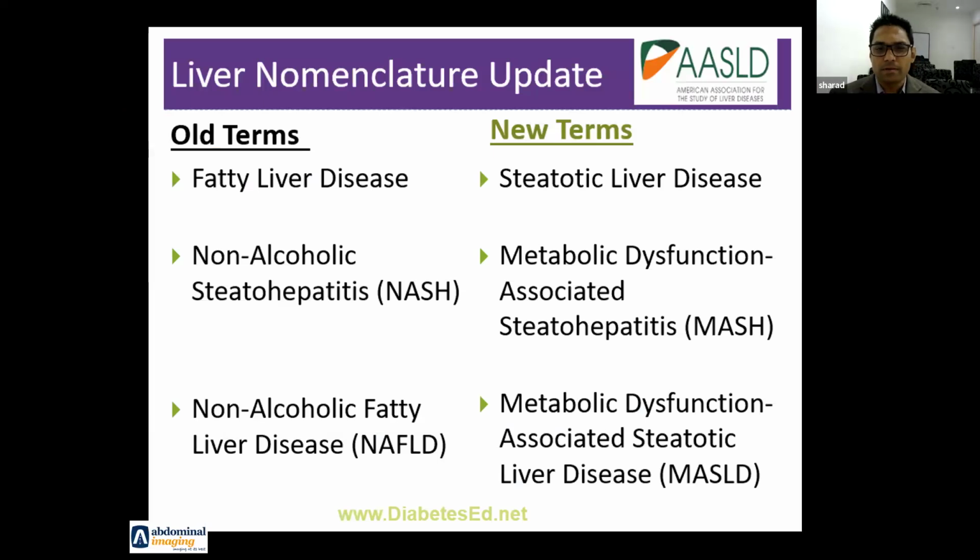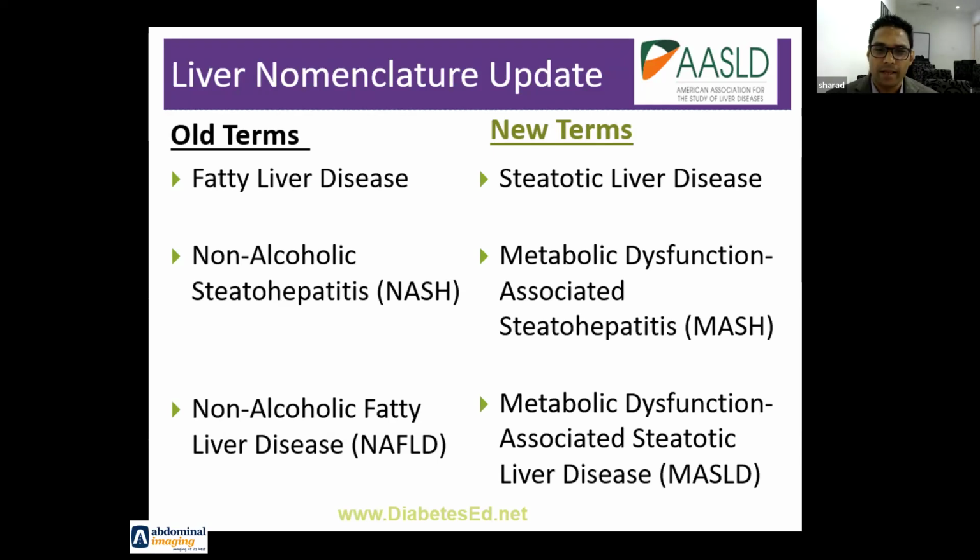So before we move to the presentation, let me introduce the nomenclature. There's a very recent update a couple of months back. So the terminology has been changed now. Fatty liver disease is called steatotic liver disease, and fatty liver due to metabolic causes was always called non-alcoholic fatty liver disease. They didn't want to keep the alcohol thing, and I think adding the word metabolic makes sense. So it becomes metabolic dysfunction associated steatotic liver disease. So what was NAFLD is now MASLD.